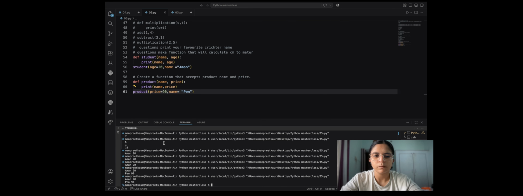Default value is assigned to a parameter. If user doesn't provide value, default value is used. Example: def greet name is equal to guest, print hello, comma, name, greet. Okay, now we are going to discuss default value. First, I will comment out this. Okay, def